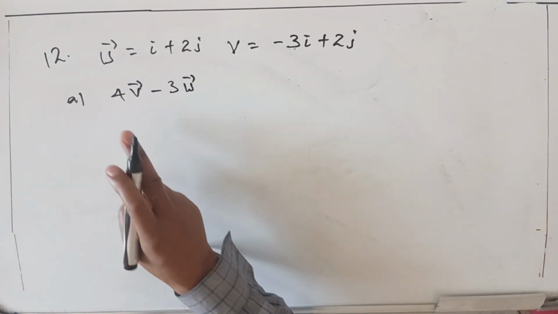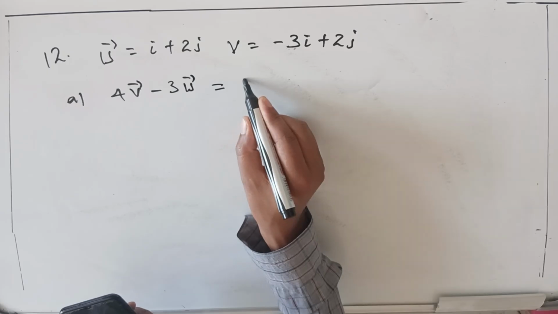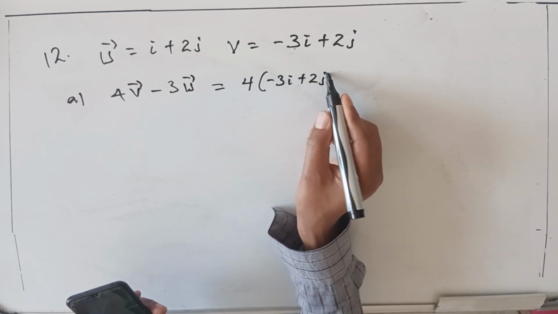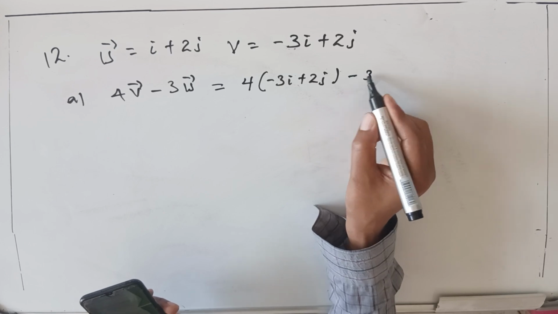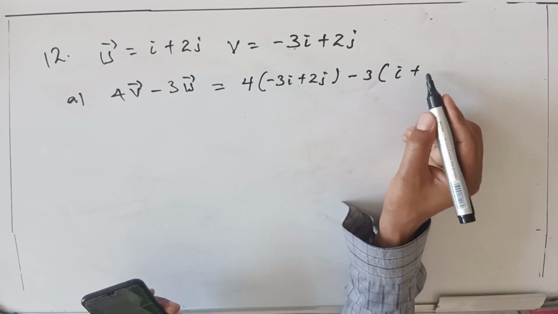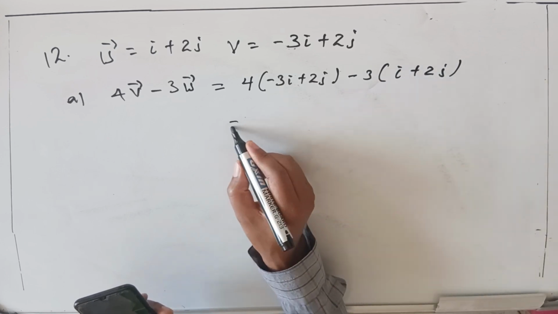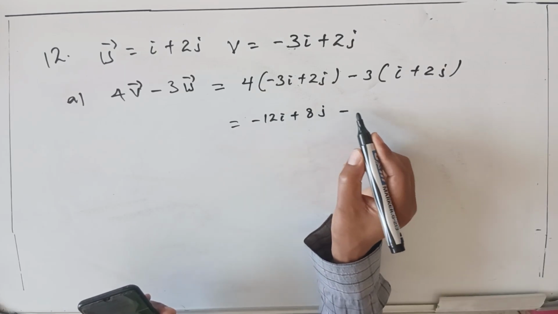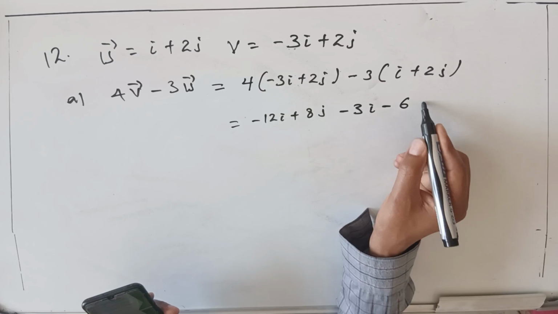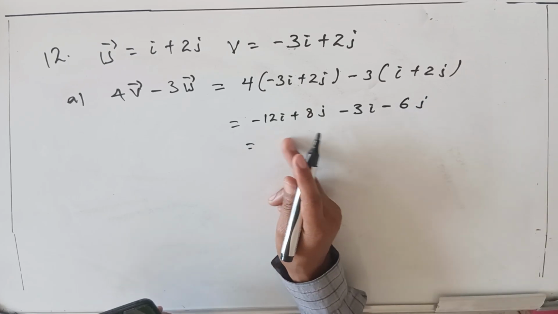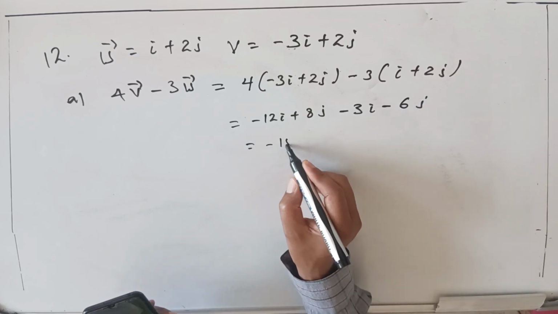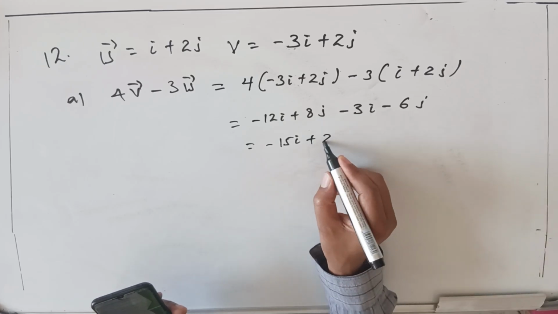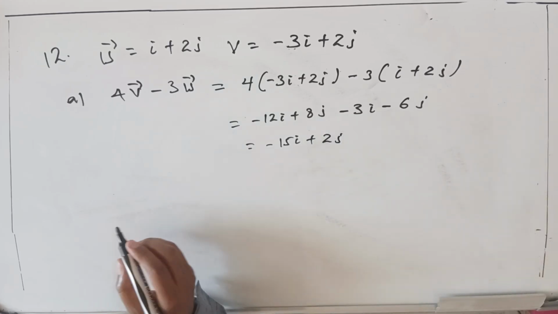So in simple this one is scalar multiple, that is 4v is minus 12i plus 8j, minus 3u is minus 3i minus 6j ይሆናል። Then minus 12i minus 3i is minus 15i plus 8j minus 6j is plus 2j ይሆናል።